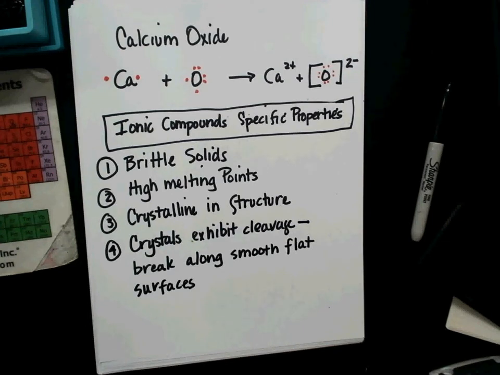Okay, so four big ones. Brittle solids, high melting points, crystalline in form, and the crystals exhibit something called cleavage, which means if I hit